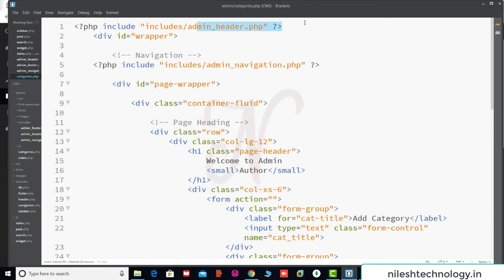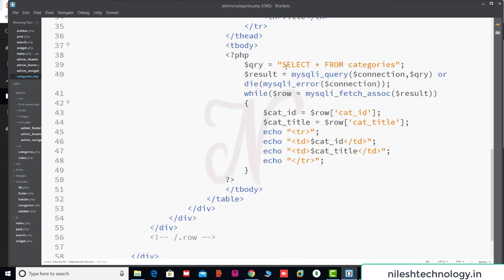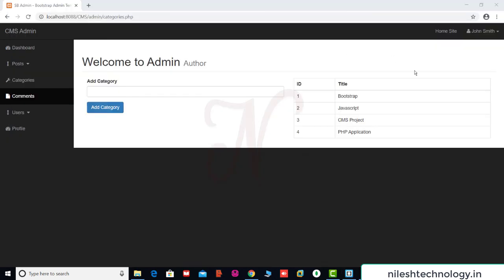Here we include this header file. Okay, and by using the header file we include the database connection file. So here we use this query select star from category, then mysqli_query. Okay, so save, by using this while loop, mysqli_fetch_assoc, get the column name, and by using the tr td we print this data column wise. So save, Control S, see here. So see here, this data is loaded here dynamically.